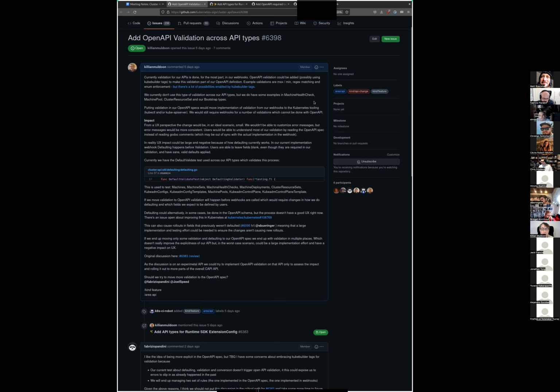It can do things like regex matching, different things like that, like making sure things are URLs, stuff like that. Today, we do have some of this QBuilder validation sort of randomly across the different APIs. Some of them have it, some of them don't, some of them have it in some places.